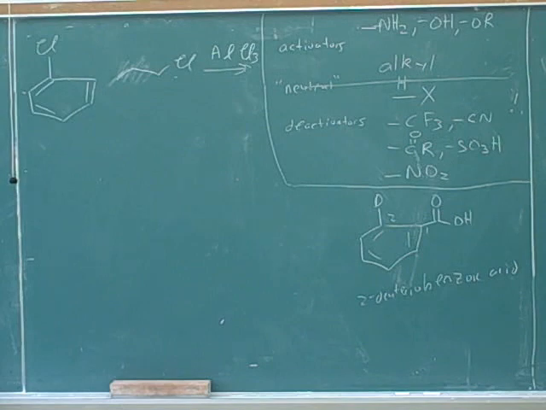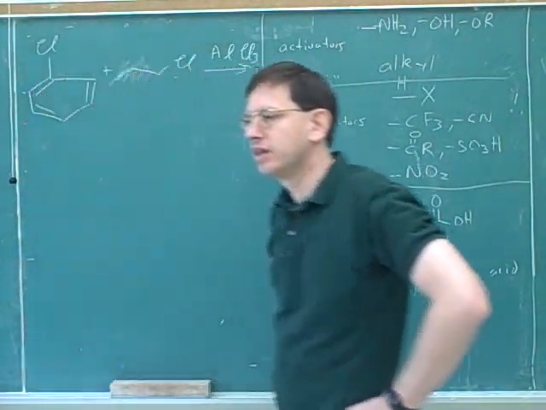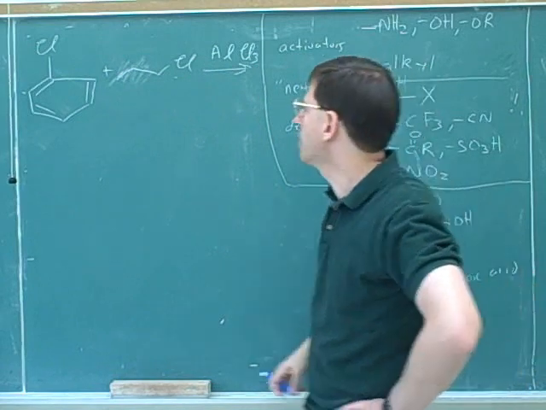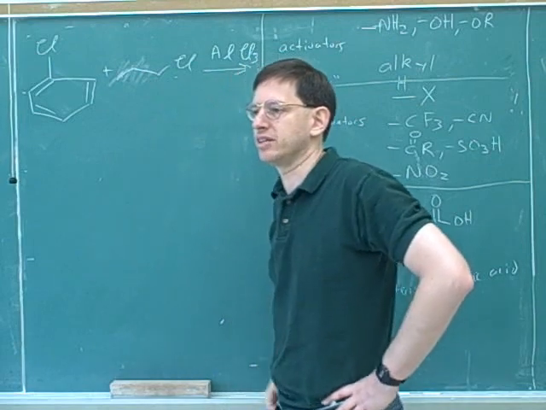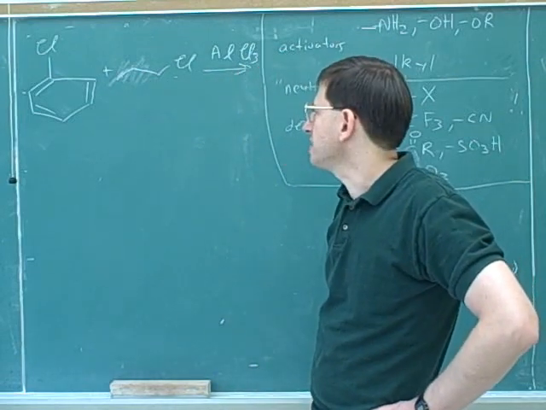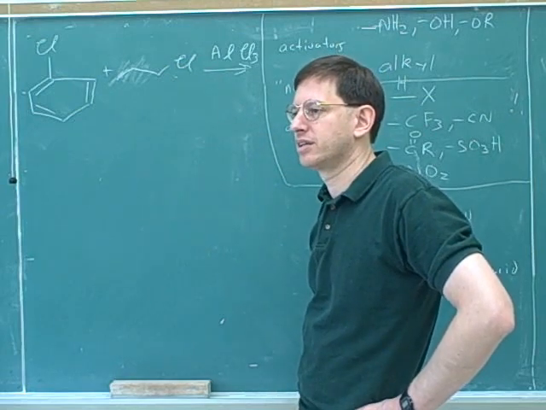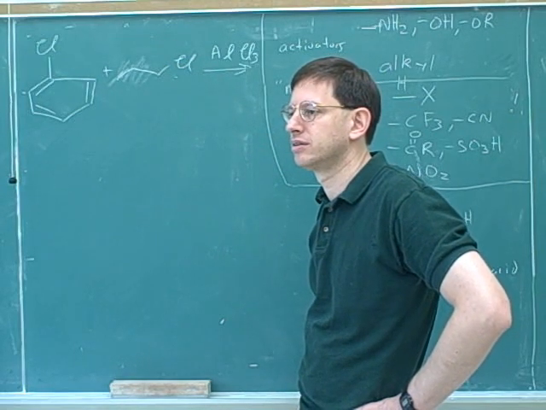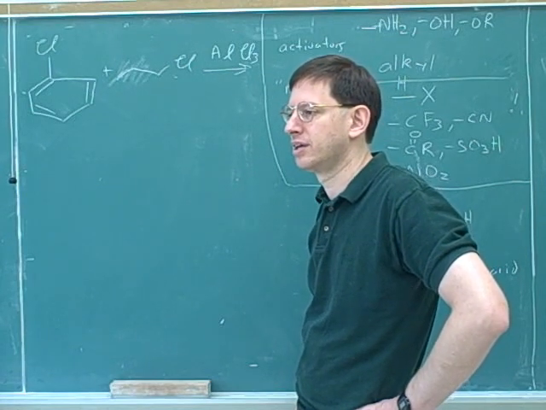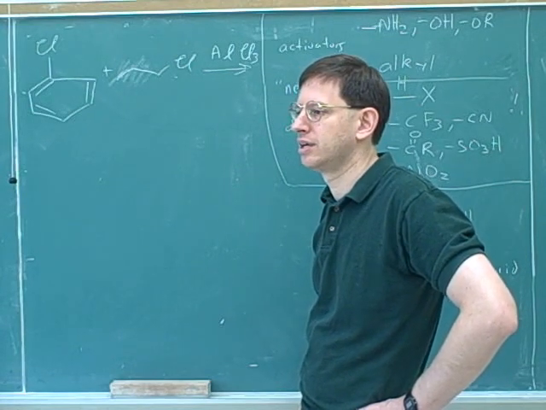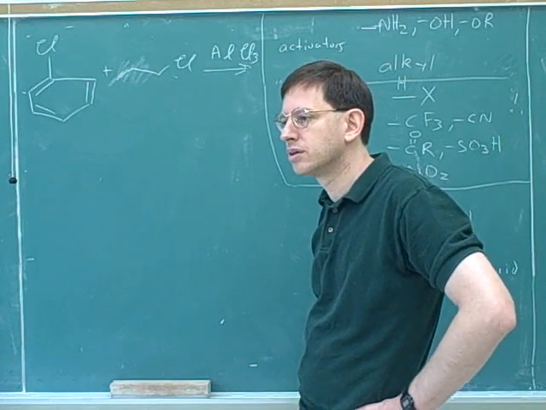So let's imagine that we've already attached a chlorine to the benzene ring. If we've already attached a chlorine, now we're going to try to do a Friedel-Crafts alkylation and add this carbon chain. Is it going to be easy or hard to add this carbon chain? Hard. Because the Cl is, I don't know why we had learned it that it was withdrawing, but because it's